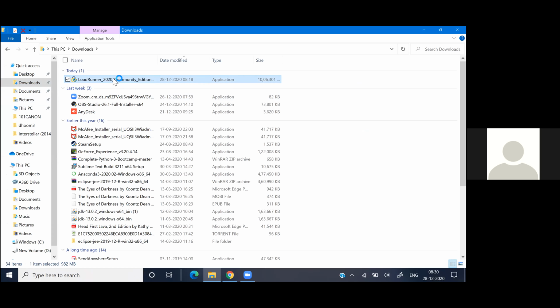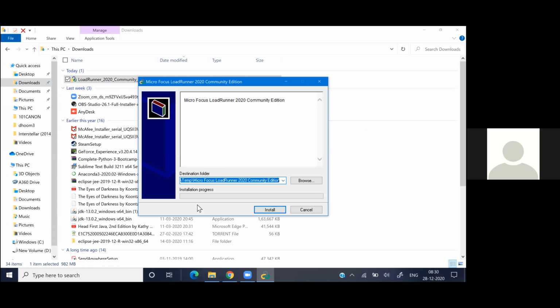The file size will be 928 MB, and the recommended RAM size is 8 GB. Once you launch the installer, click on the install button.